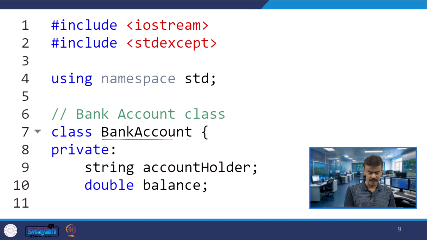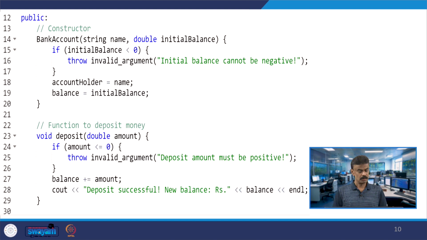The class is BankAccount and you have private member data account holder and balance. Account holder is a string and balance is a double. Let us have the two-argument constructor, string name and initial balance.